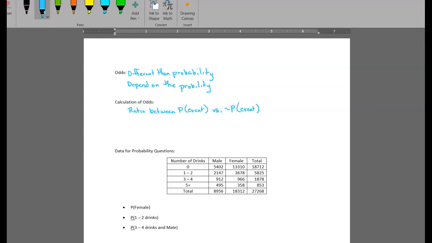So let's look at an example. What are the odds for rolling a 2 or a 5 with 2 dice? Okay, so we want to calculate the odds for rolling a 2 or a 5 with 2 dice. So the probability for rolling the 2 or the 5 is